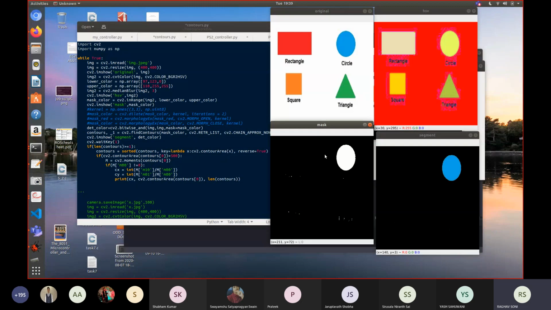Like how many closed shapes are there, how many closed loops are there. So here we get one circle. This will be detected as a contour. But here you also have the noise along with the closed contours. You'll have these small pixels. If you see where my mouse pointer is, there's a small pixel.